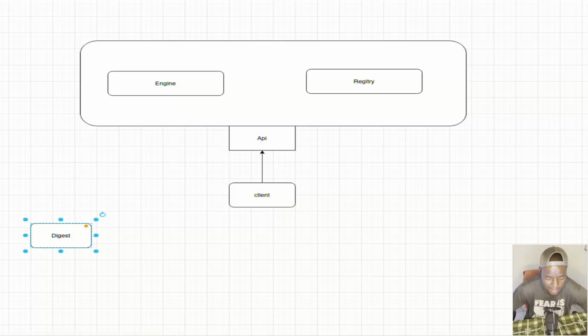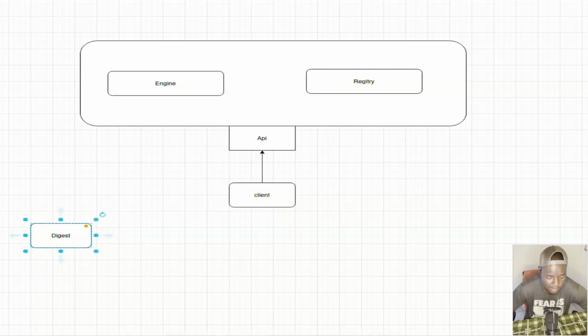Different from the tag, digest is immutable, meaning every time a change occurs in an image, a new digest is created, right? So every time you push an image to the registry, a new digest is generated, and that's not only about pushes. If the push creates some change in the image, a new digest is created, right? And digest is immutable. You cannot have many images with the same digest output